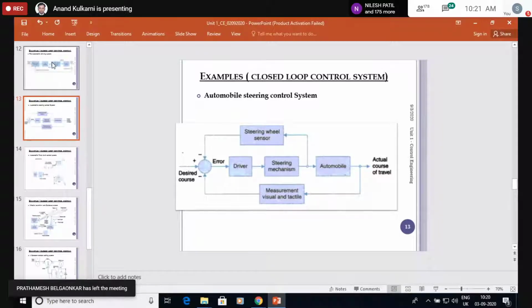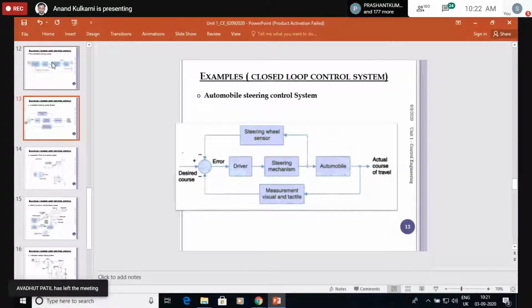What are the different types of controllers? On-off controllers are there and continuous controllers are there. In an on-off controller, it is only switched on or switched off, like in the case of an oven or something. Whereas continuous control is like an inverter driven AC. So here, let us assume the oven doesn't have an on-off controller but a continuous controller. In that case, you set the temperature of the oven to 200 degrees centigrade.